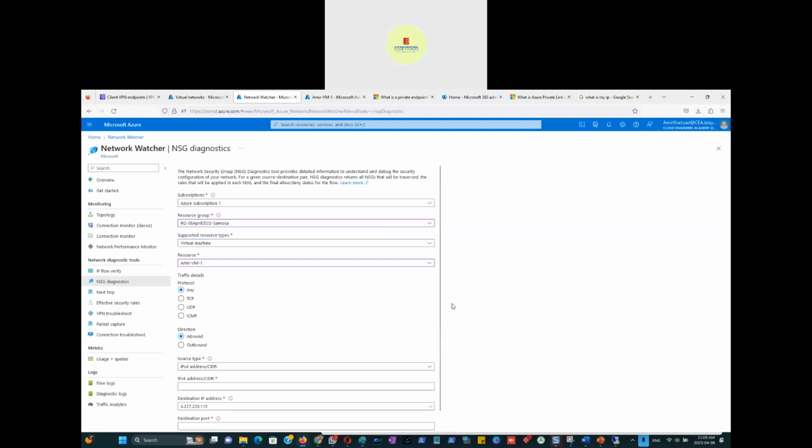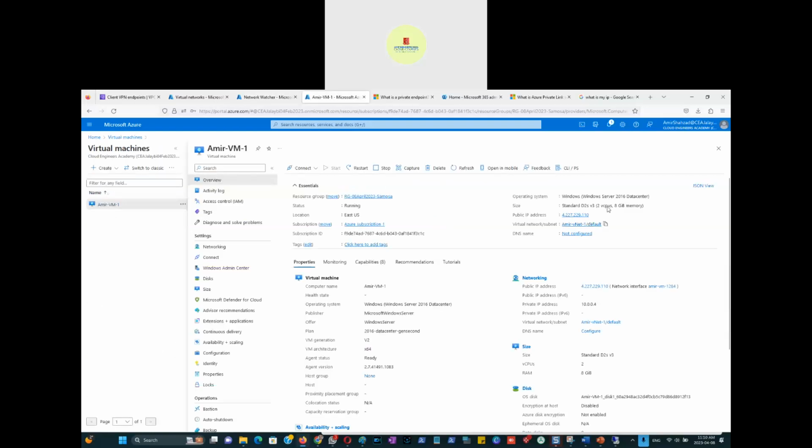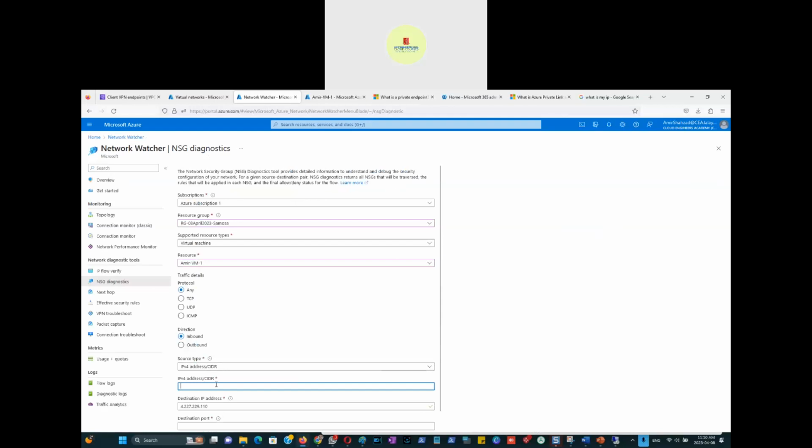Any kind of traffic connecting traffic details. I'm specifically concerned about inbound traffic. Suppose I tell it that, and then source IP says an IP CIDR. So IPv4, yeah. Okay, now I have to mention the IP as well. IP CIDR is this. Is it the public IP I should be mentioning or with the private IP? Because I'm connecting from public